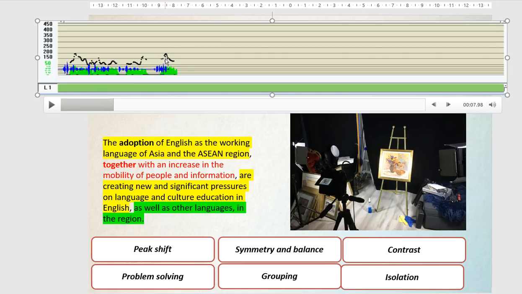Together, look at this. So we are contrasting now this group that we're creating from the first group by hitting the intonation high, relatively high, like really high, because it's a new clause, a subordinate clause. Increase in the mobility of people and information. So even though it started high,